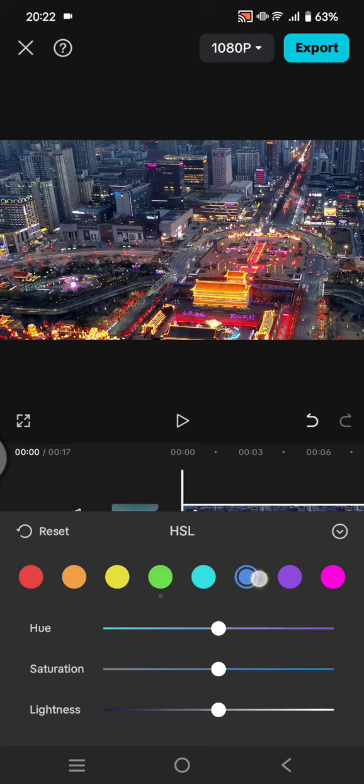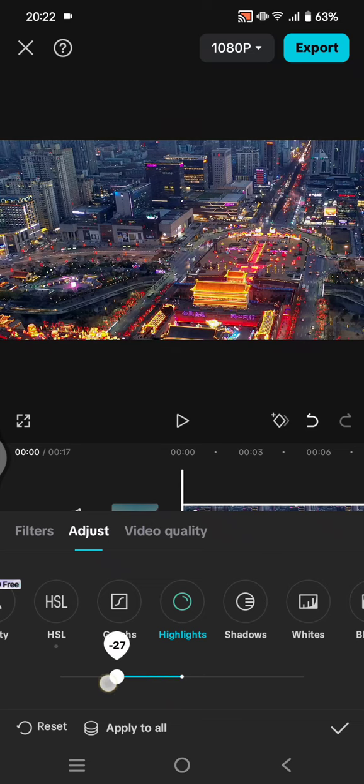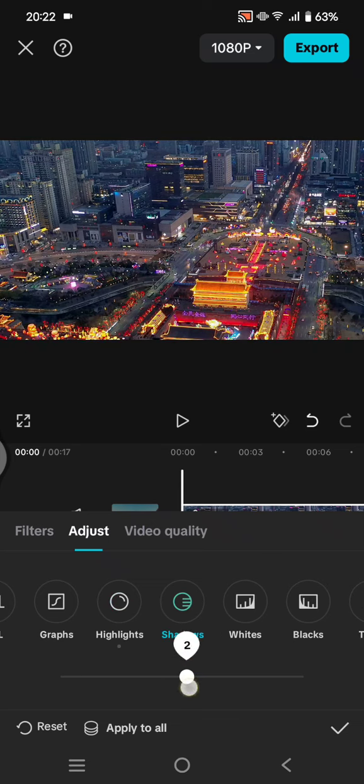Now on the blue color in here, increase the saturation to around 30 and the lightness 25. Okay, 20, I think 20 is enough. Go back and click on highlight, lower it to -40, and click on shadow, increase it to 10, and then